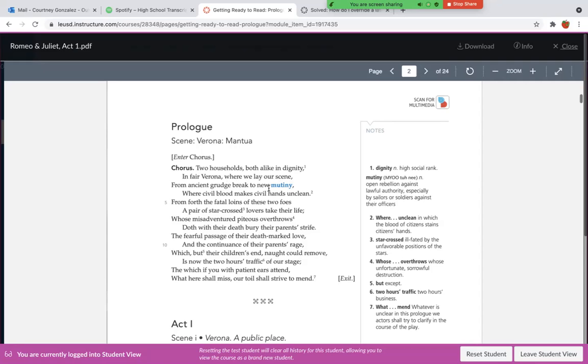Break to new mutiny. Now there's a new problem, where civil blood makes civil hands unclean, meaning like they're supposed to be civilized, but they're causing problems. And from forth the fatal loins of these two foes, a pair of star-crossed lovers take their life. They're saying like the children of these families that have been fighting forever and are mortal enemies end up becoming a pair of star-crossed lovers, like two